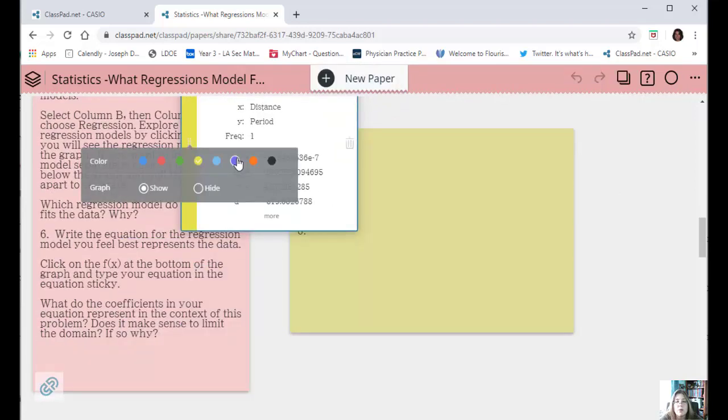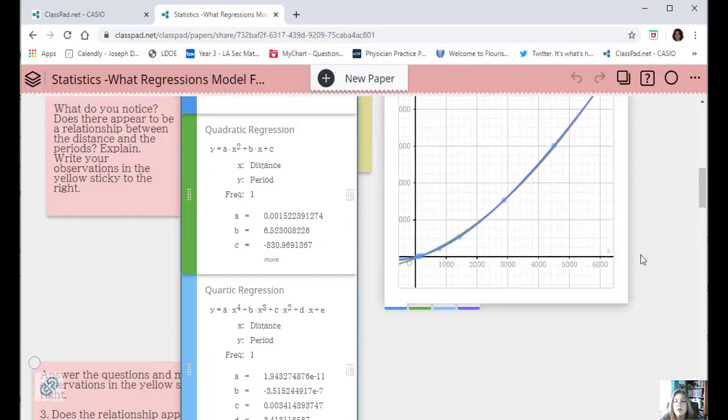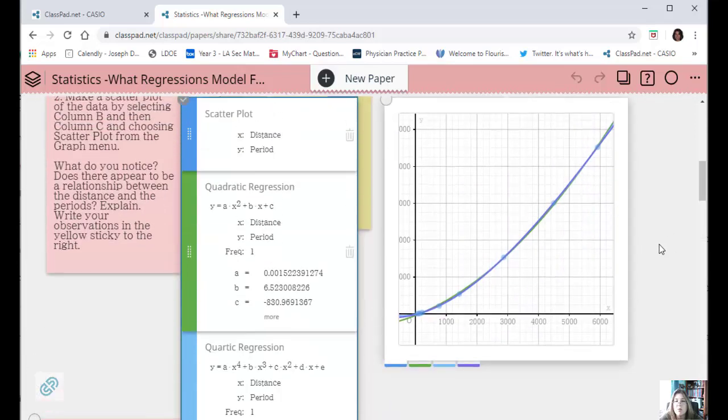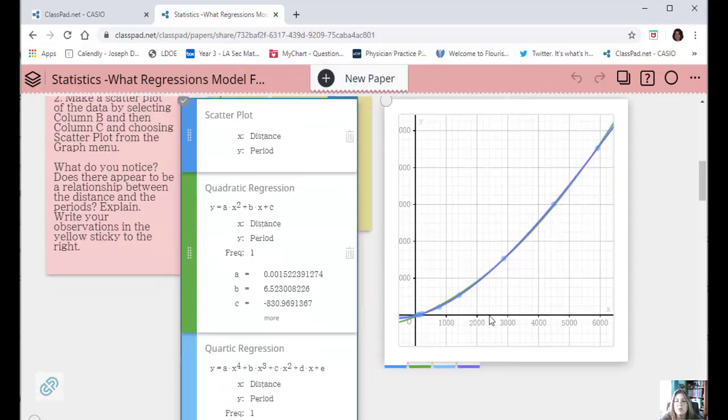and let's again change this not to be yellow. Let's make it purple. But as you can see, it's kind of hard to tell which one might be the best fit. They're all really close to each other. So